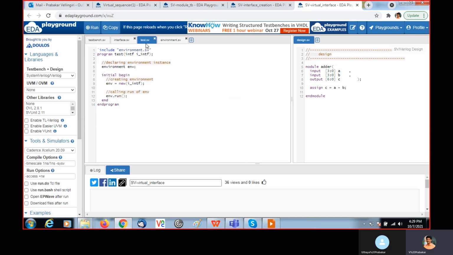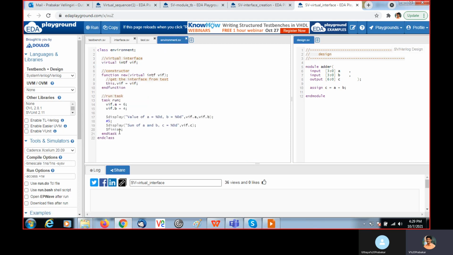Here test is a program block, and here I receive the handle, so it should be the type of INTF. Then I instantiate the environment as ENV. ENV we wrote separately as a class.